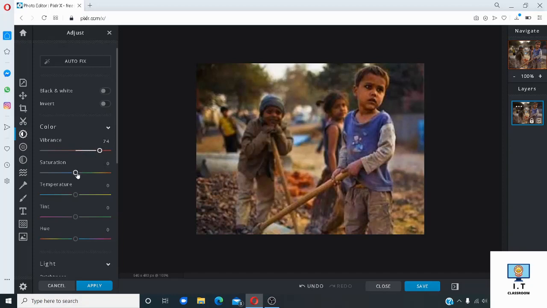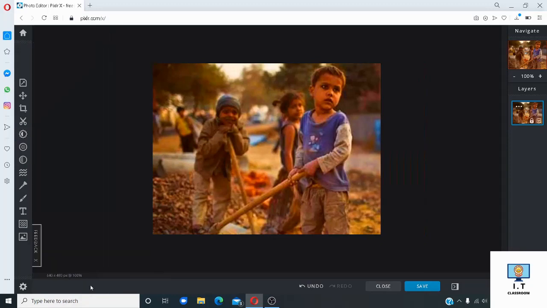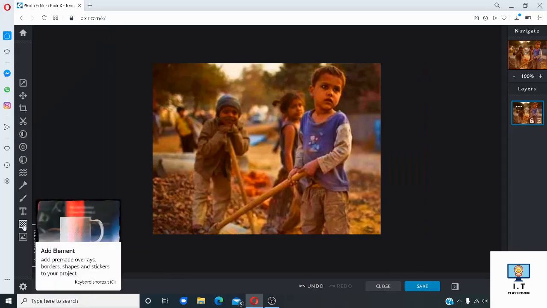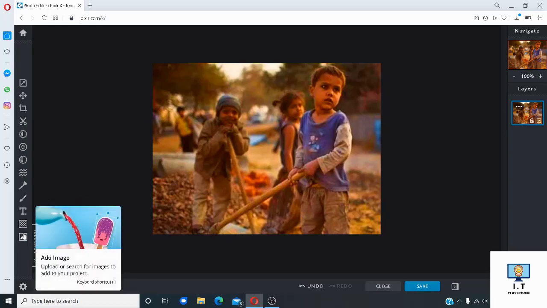See, as I am doing here, in the same way you have to apply different effects. After making these changes, you can click on the apply button. So you will get those particular effects on the image.